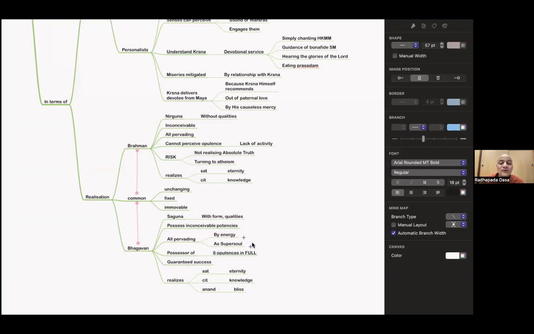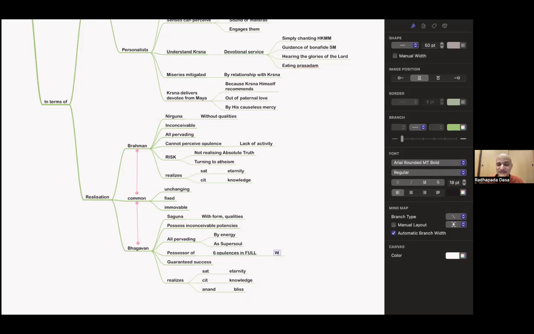Again, coming to our points, Bhagavan, he is the possessor of six opulences in full. Aishwaryasya samagrasya viryasya yashasah shriyah, jnana vairagyayoshchaiva shannam bhaga itingana. Oh my God. I will just give you a small acronym within the big acronym. So the formula which we created to remember this was